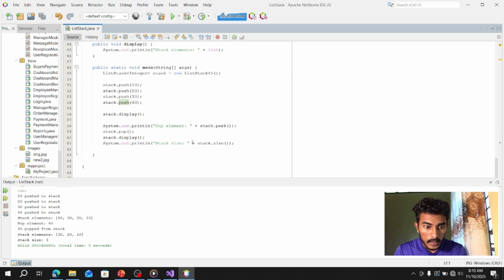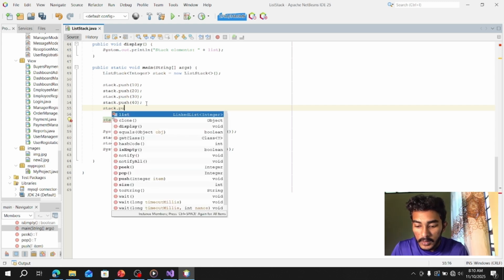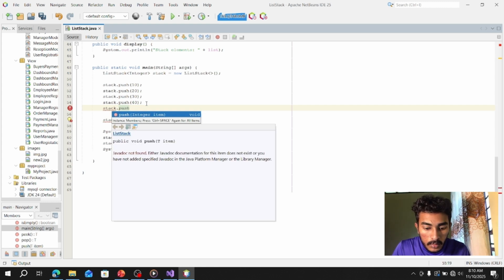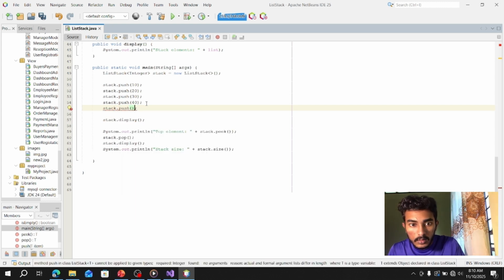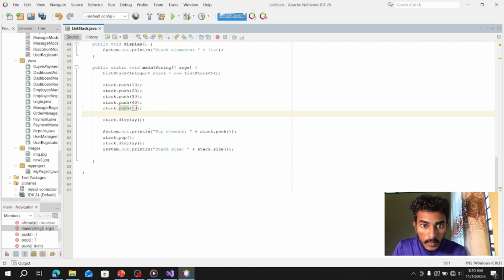So this is the code implementation. I changed some code like this too, so you can get more idea about the stack algorithm. You can see I added 50, pushed 50 onto this stack.